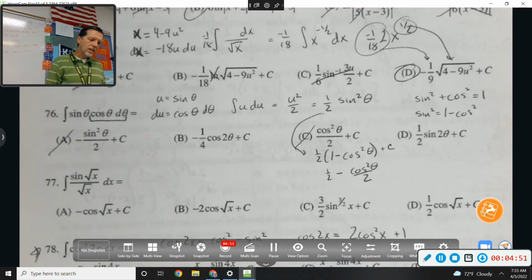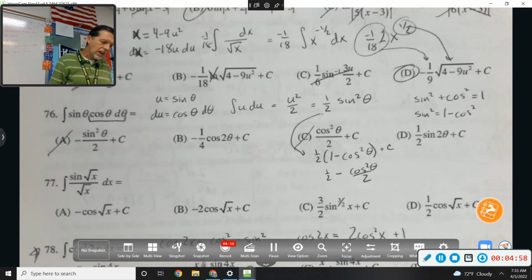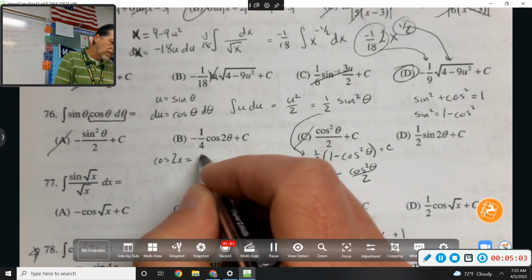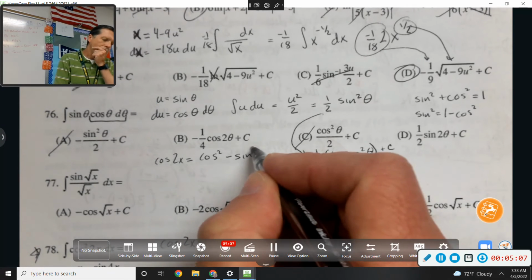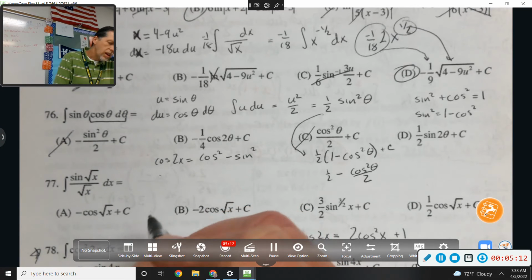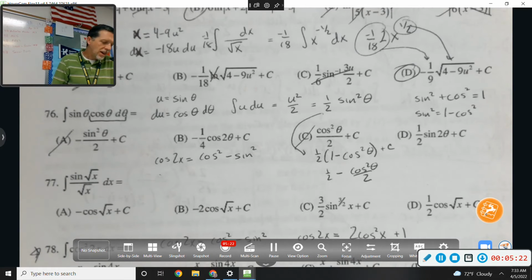Cosine of 2 theta and sine of 2 theta. This is the same trig identity that's needed in 78. Let's see. Cosine of 2 theta is cosine squared minus sine squared. Could it have just been typed wrong? Answer choice D? Where it says 2 theta instead of squared? Maybe, but I think it's going to end up being B,